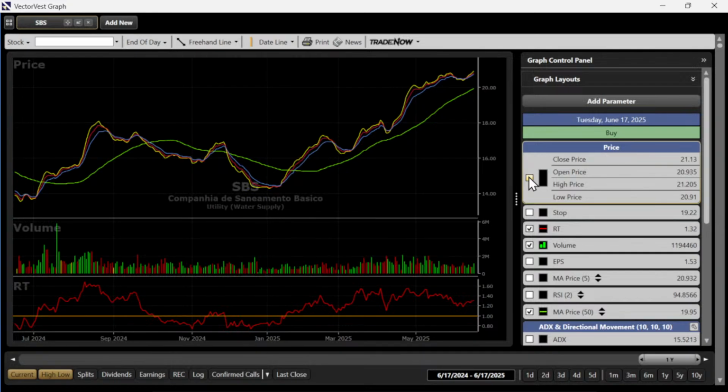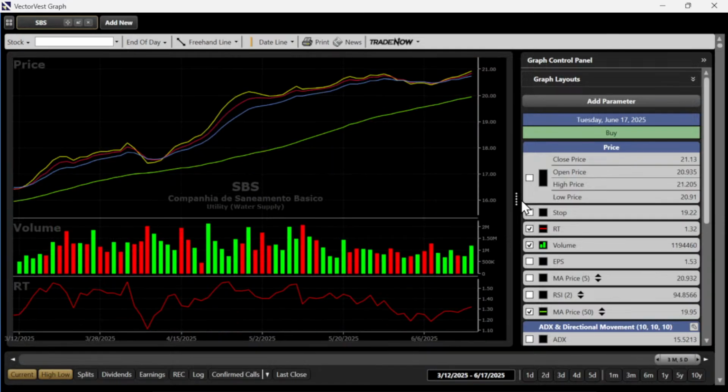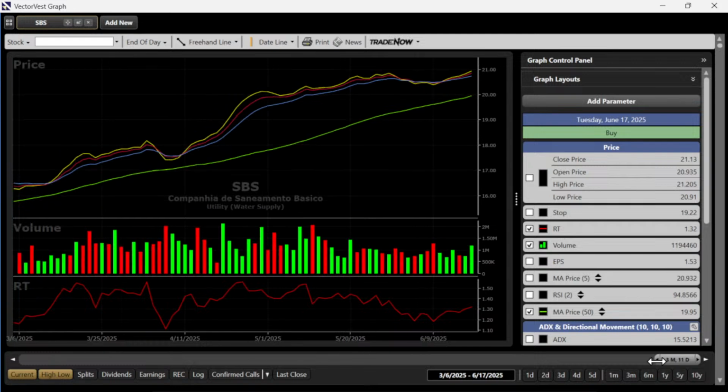All right. I'm going to take price off. Look at that. Exactly what we're looking for. I'm going to zoom into the hard right edge here. We got the 50-day moving average. It's up sloping, so price is already above it. This is not one where price is just crossing from below the 50 to above the 50. We may find one of those, but that's not what we're looking at.